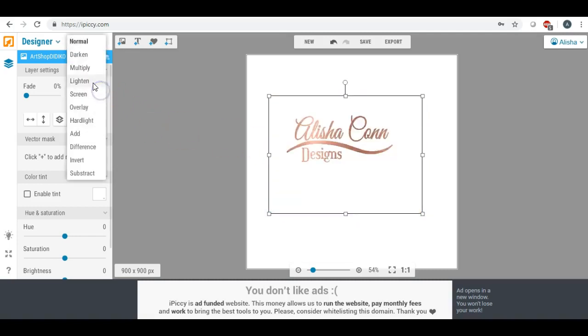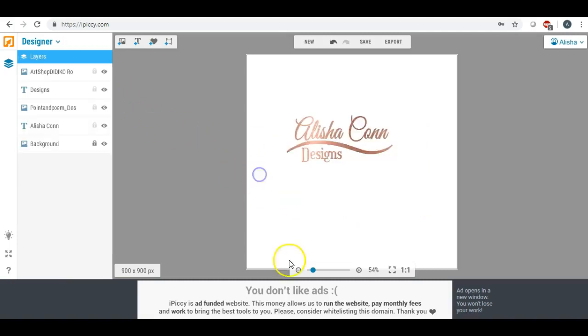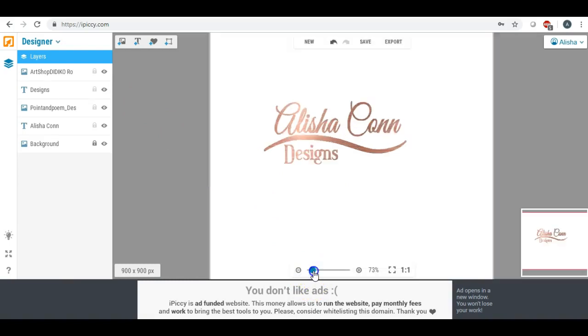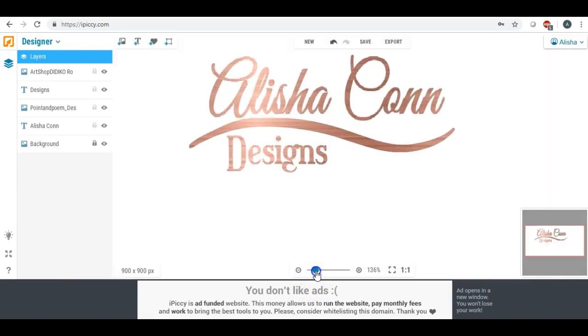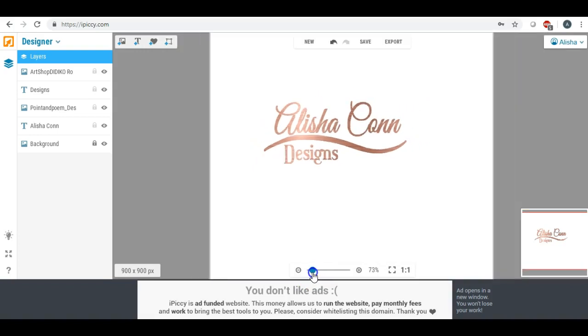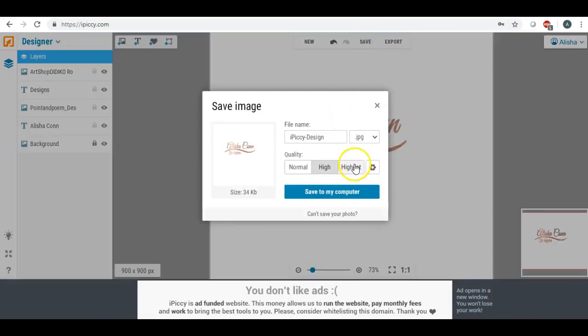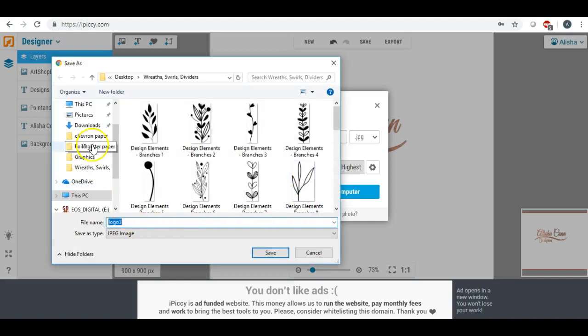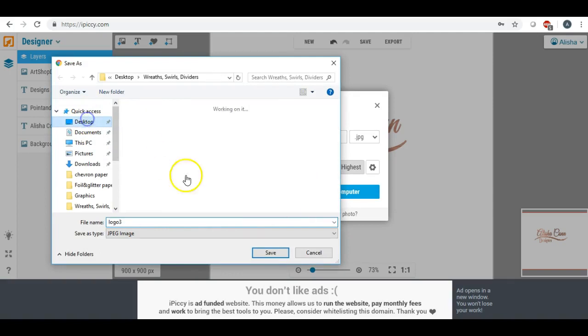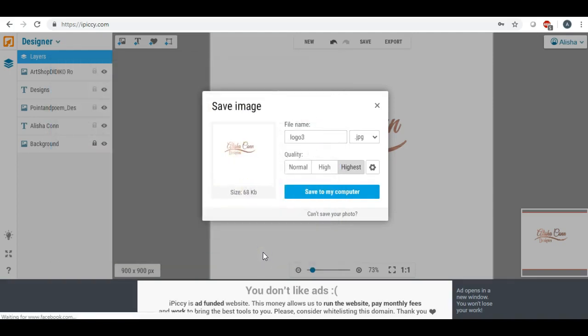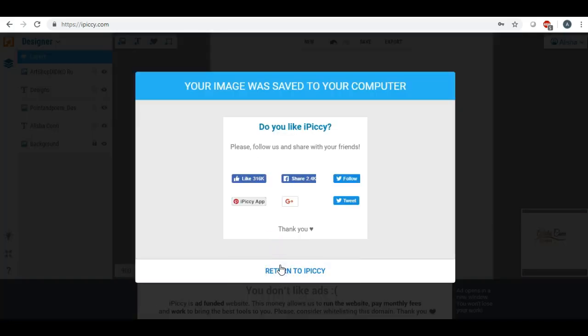And I'm going to go over here and I'm going to click lighten. And I think that's beautiful. I will blow this up just so you can see it a little bit better. So that is number one. Let me go ahead and save this one to my desktop. Okay, we're going to return, and I'm going to also show you how to make one